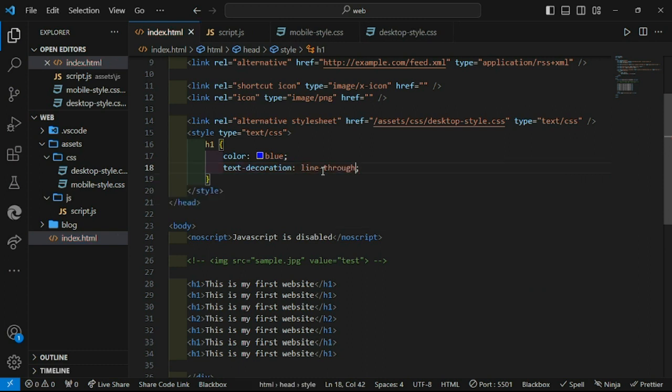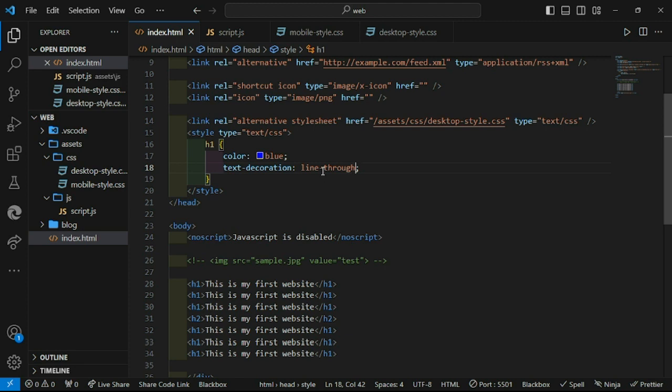Yes, that's one of its values: text-decoration line-through, just as we have in HTML, the strike tag or the delete tag. You know what it does. I've mentioned it before. So this text-decoration line-through in CSS also does the same thing. So I don't need to specify the tag, maybe after I finish writing my HTML document, my markup file,